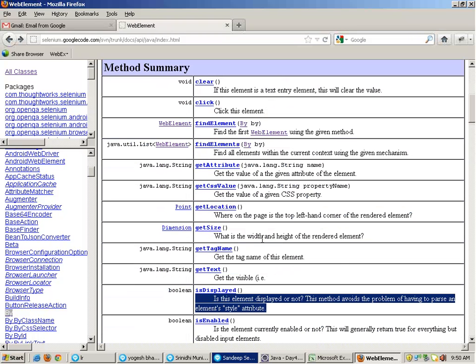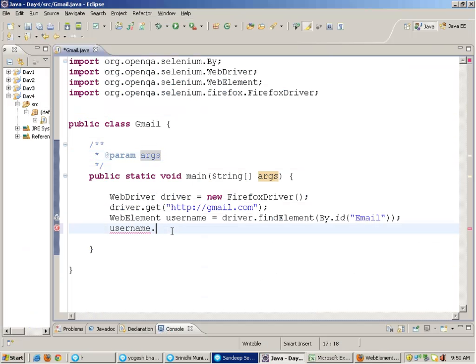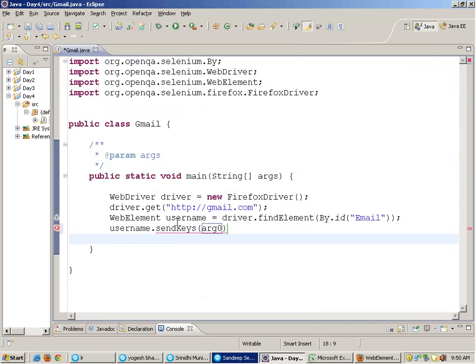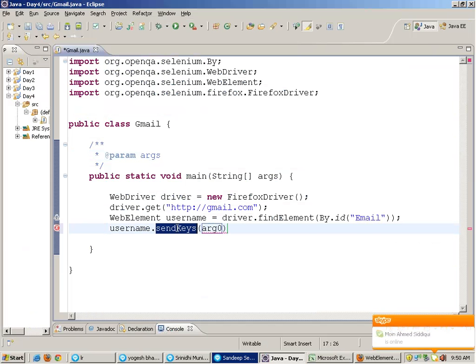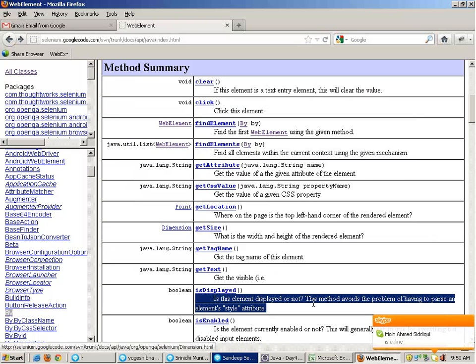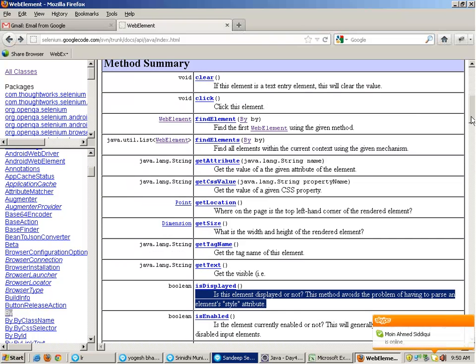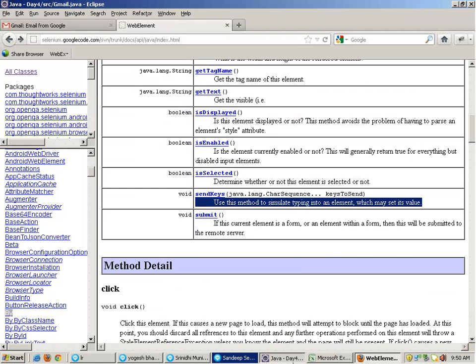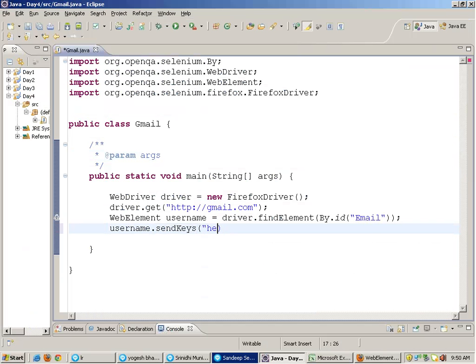To type into an input field the function is sendKeys. If you scroll down, the sendKeys function is the method used to simulate typing into an element, which may set its value. So simply type hello. This will write hello in the username field. So if you run this,